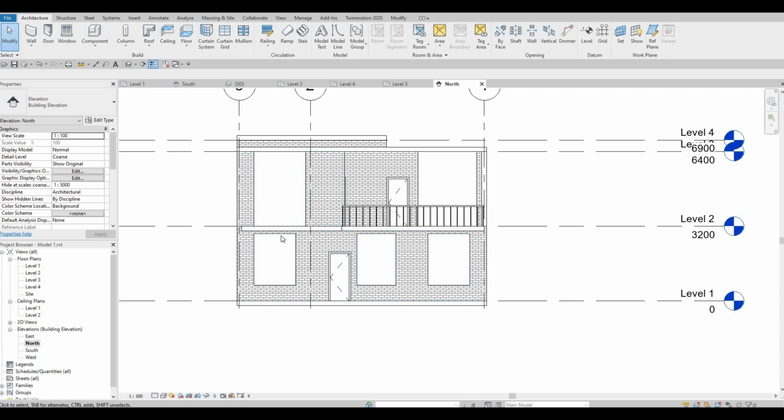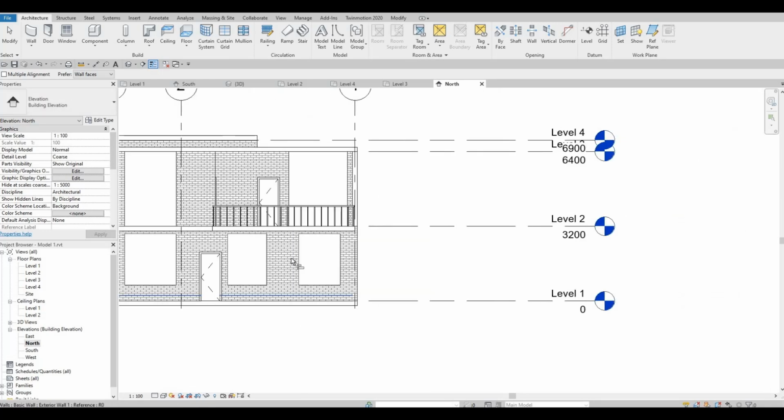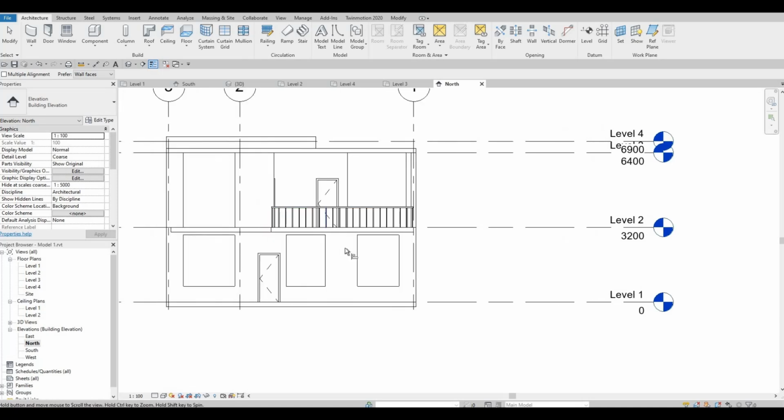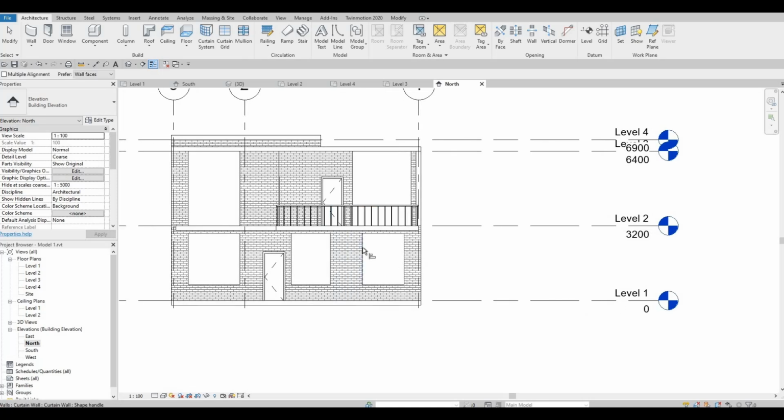And then we're going to copy the width. So AL, this width to this width, and then this width to this one. And let's do it here as well. So AL,